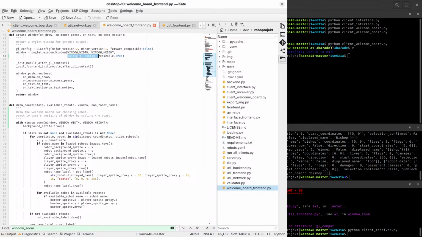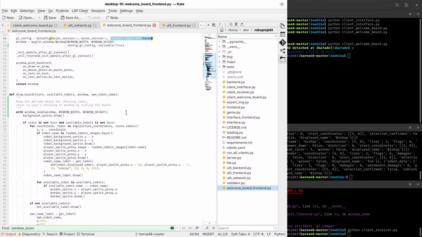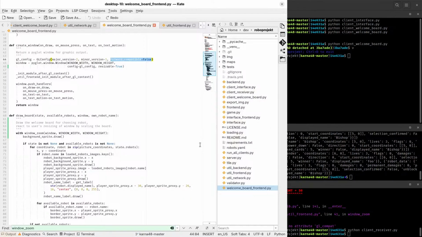but on mobile phones and stuff like that, you don't have this backwards compatibility stuff, right? That's this forward compatible false, which means we're using some of the outdated stuff that's only available on desktops. Mm-hmm. It's fine for us, but they'd really like us to get rid of that. And the problem we're having trouble with is